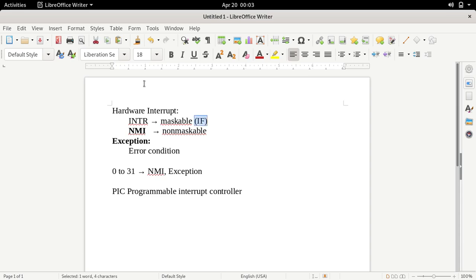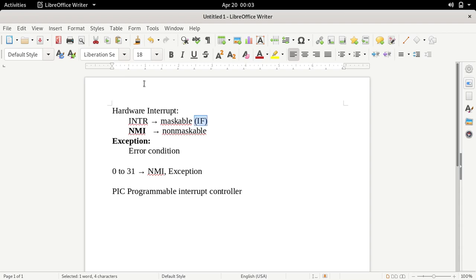So this is only one way. Is this the only way by which we can enable or disable the interrupt? No, there are some other ways also, or there are some other cases where interrupts get disabled by the processor. Which are those cases? Let's try to understand it. The first case is NMI masks further NMI.